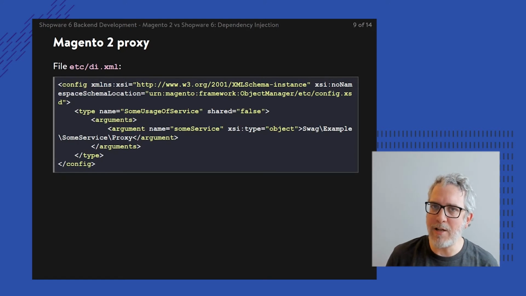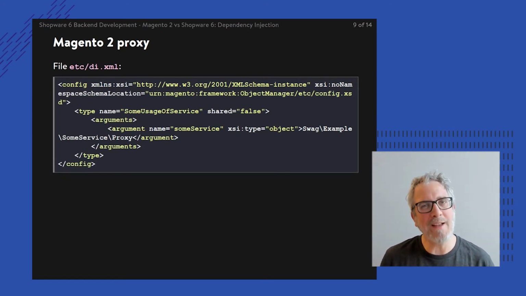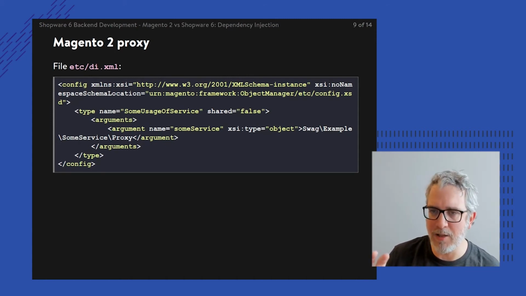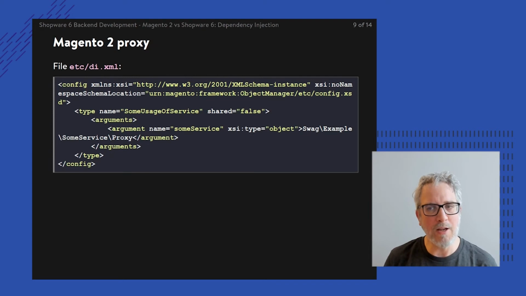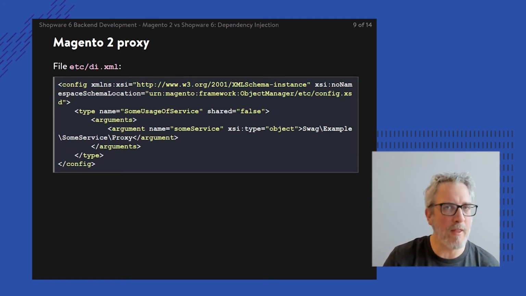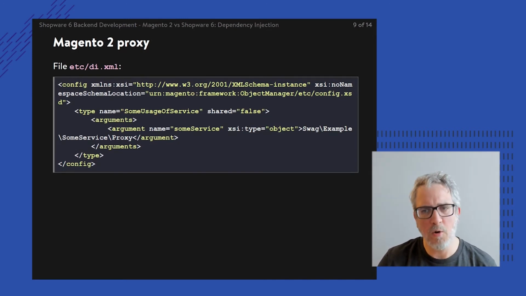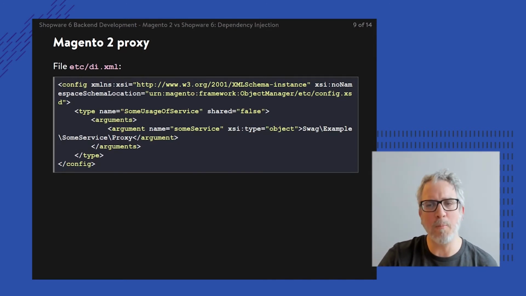And that means it's less of a good idea to inject the proxy in the PHP code. Instead, this little snippet of XML is zooming into a specific class, some usage of service, injecting it with this other dependency, the some service class, but then allowing for that proxy to be used as a configuration on top of the normal PHP behavior.